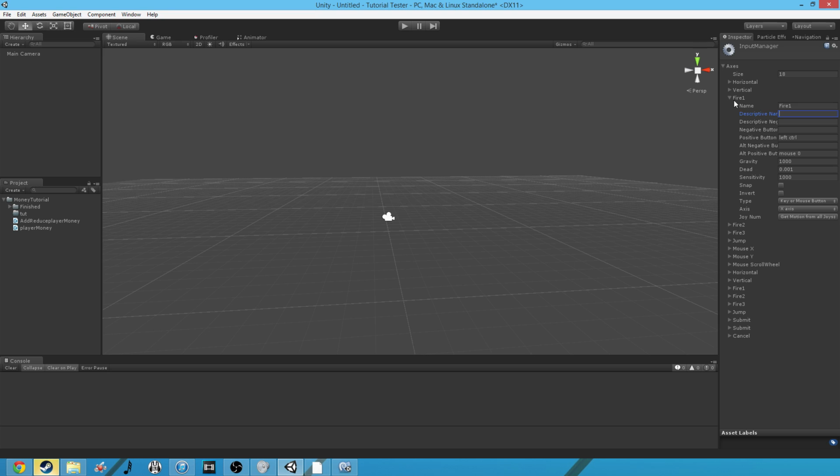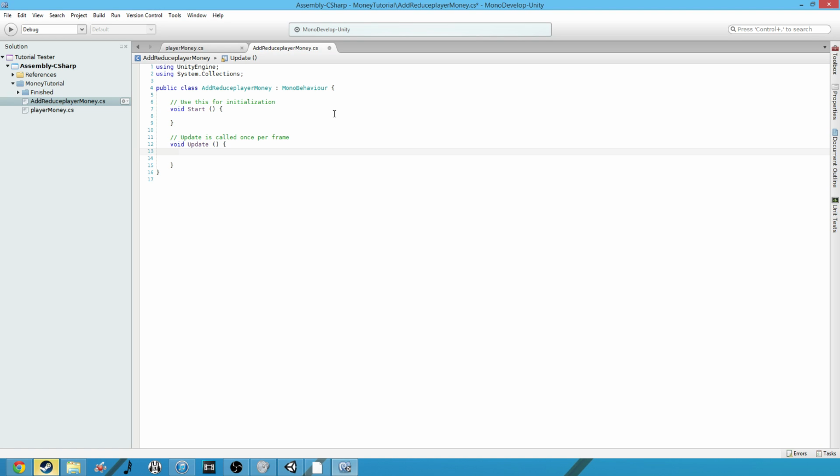For our use, we're going to be looking at Fire 1 and Fire 2, the very first two. Fire 1 and Fire 2 are your left and right mouse buttons respectively. So Fire 1 would be normal click, and Fire 2 would be your right click. Going back to Unity, we need to create a new if statement. I'm just going to type it out for now and explain after: if Input.GetButtonDown Fire 1,